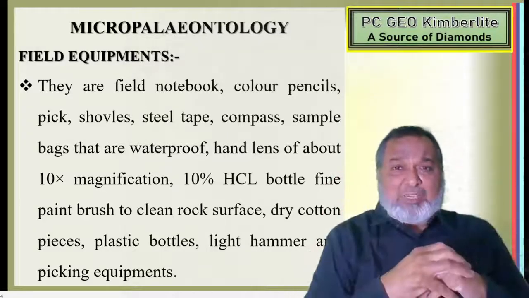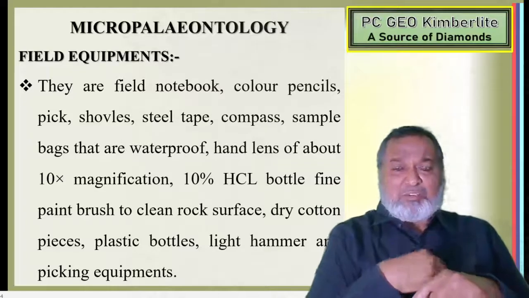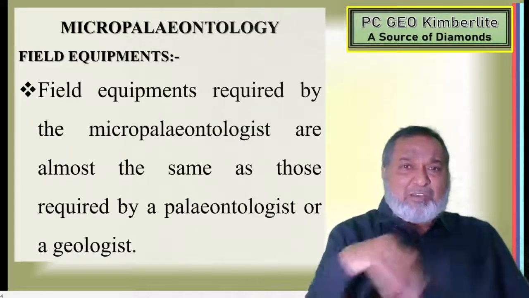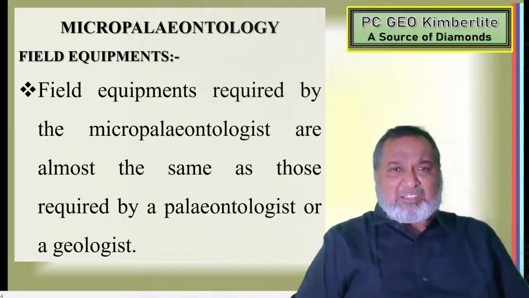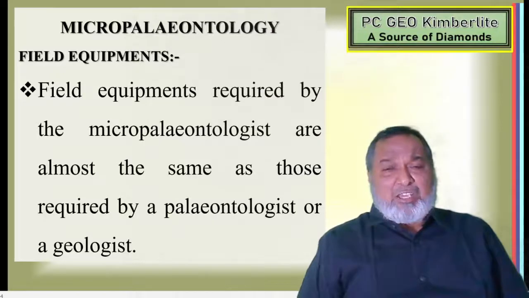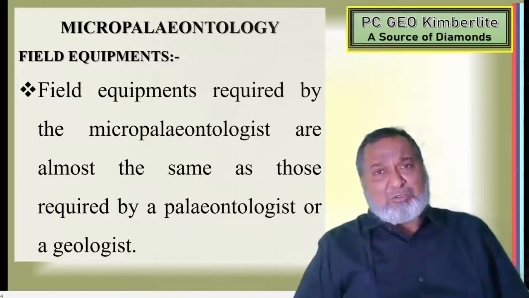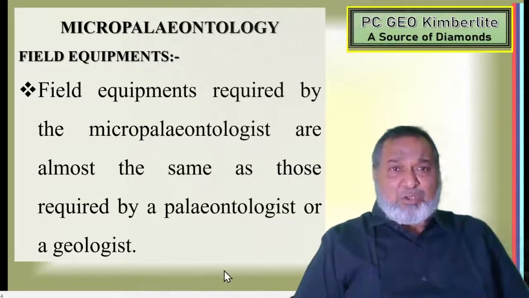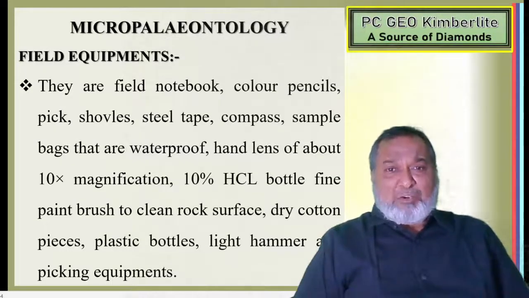So that precaution has to be taken. Then a hat has to be there. There should be a number of pockets on the shirts as well as on the pants, so that whatever you take out, the clinometer, compass, chisel, you put it there itself. Things should not be put on the ground, because you might lose them while going to the next spot. So these things are very, very important when you are going out.